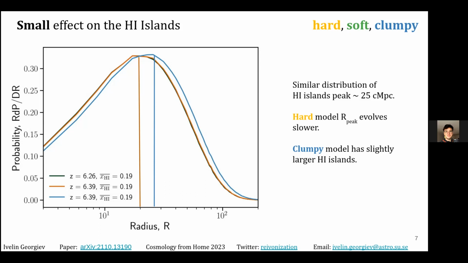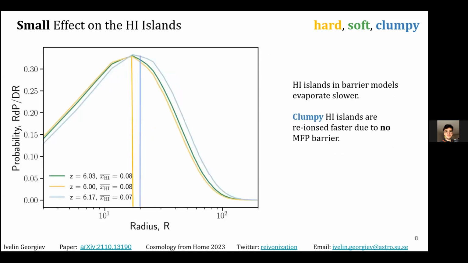But in fact, I think that the boosting of the recombination rate does cause an effect. So in reality, there are fewer smaller features, but there are some larger ones. So the neutral islands within the clumpy model reside in some of the furthest away cosmic voids away from any ionizing sources. However, if we go down to a point where only 8% of the universe is roughly neutral, you see the redshifts are different. We can discuss this more in the panel, but only 8% of the universe is left.